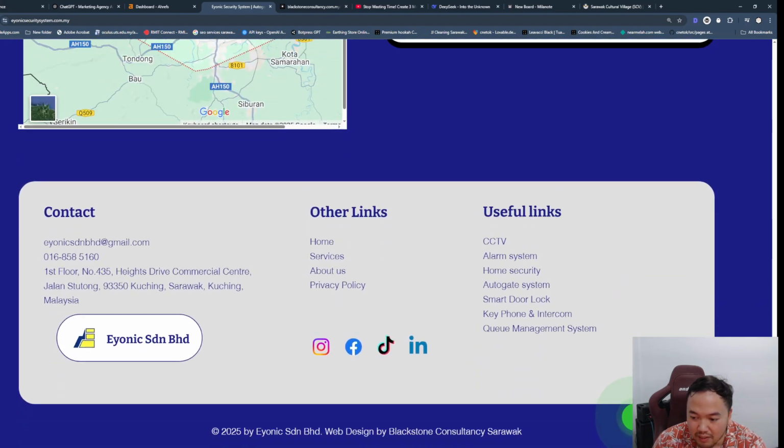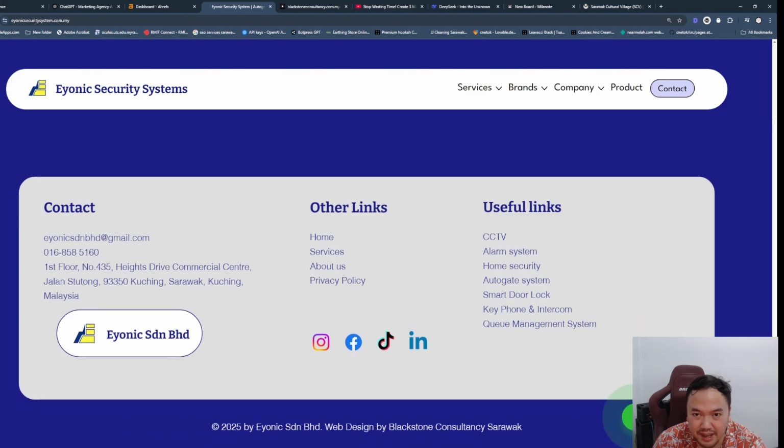So right here, I'm just trying to show you some of the key things that you have to implement. Okay, things like WhatsApp me. This is going to make sense because when people visit the website, they want to know straight away. They want to ask questions. Right? So without linking it to a chatbot, sometimes it's better to link it straight to the source, which is either the sales team or the owner himself, which in this case is the sales team themselves.